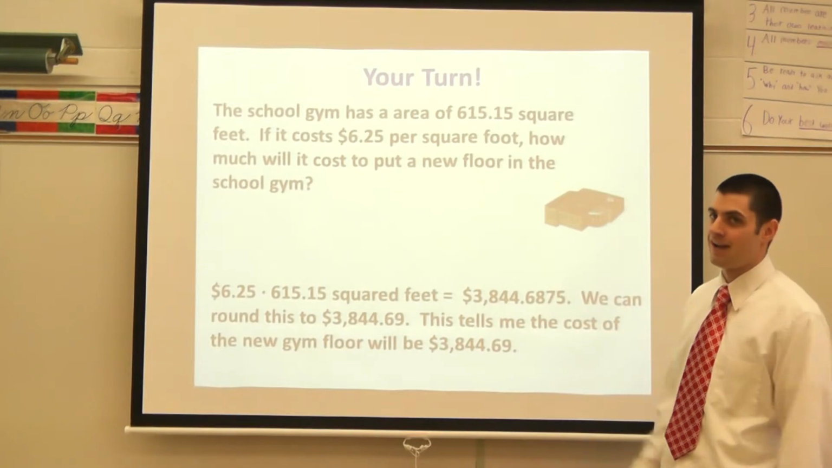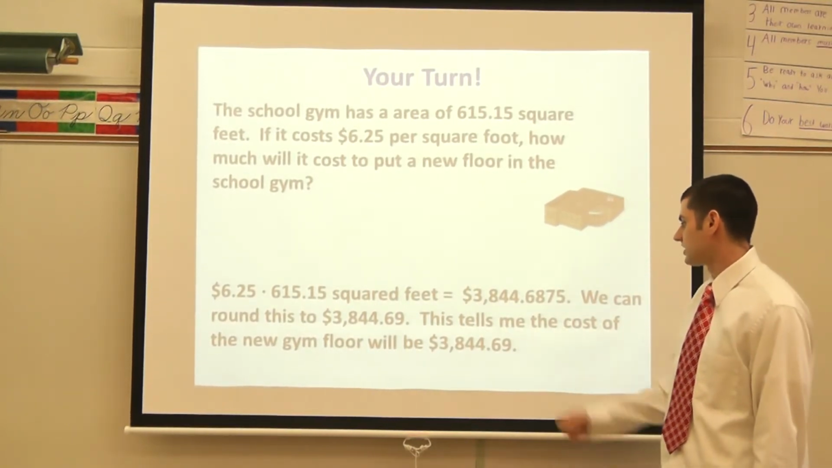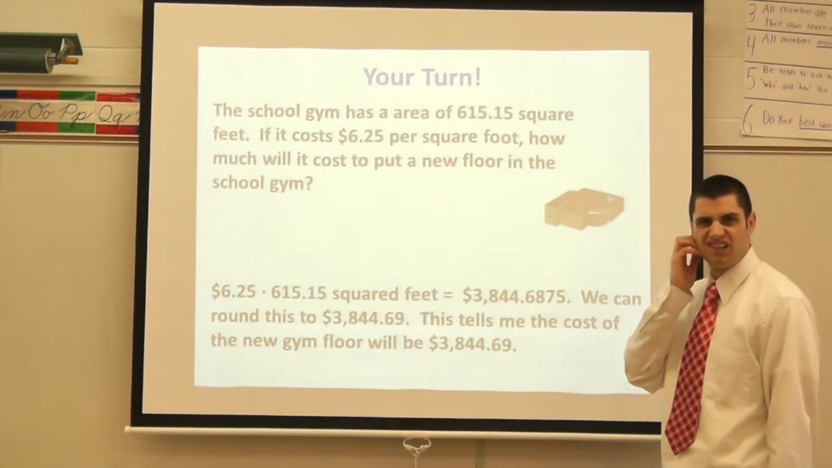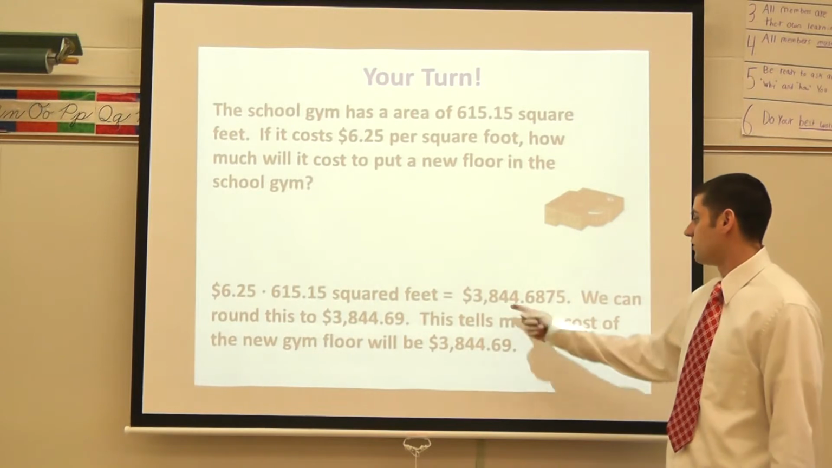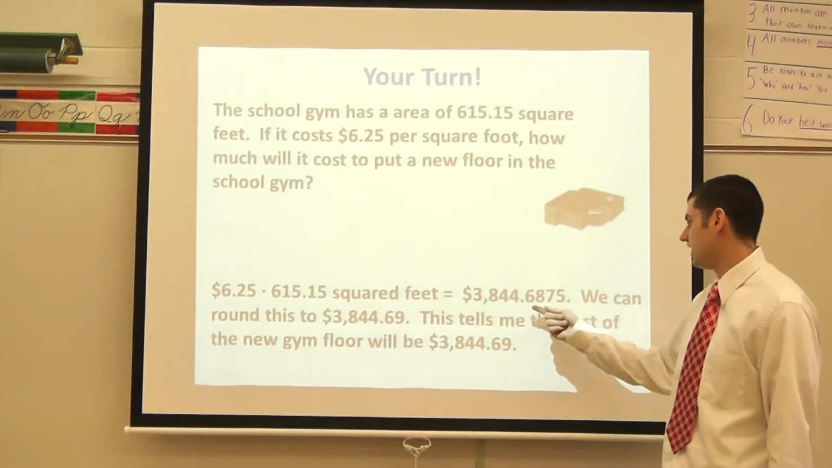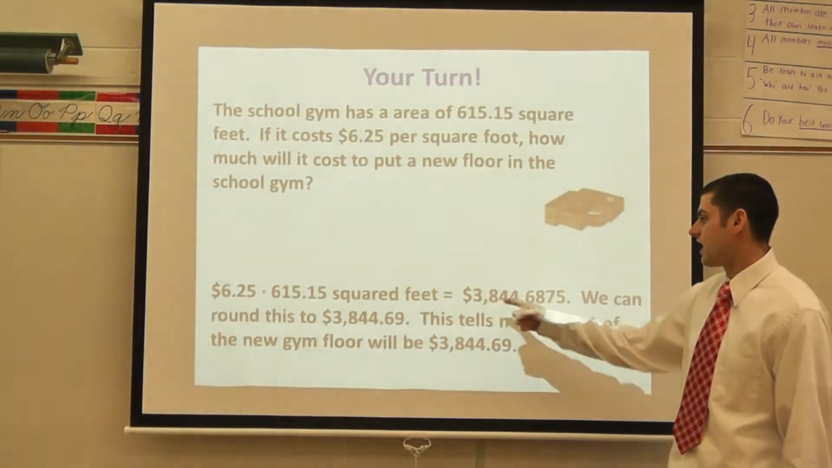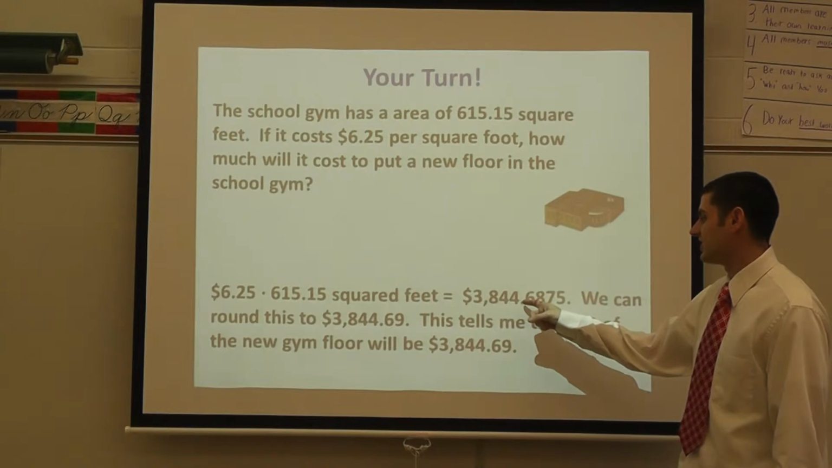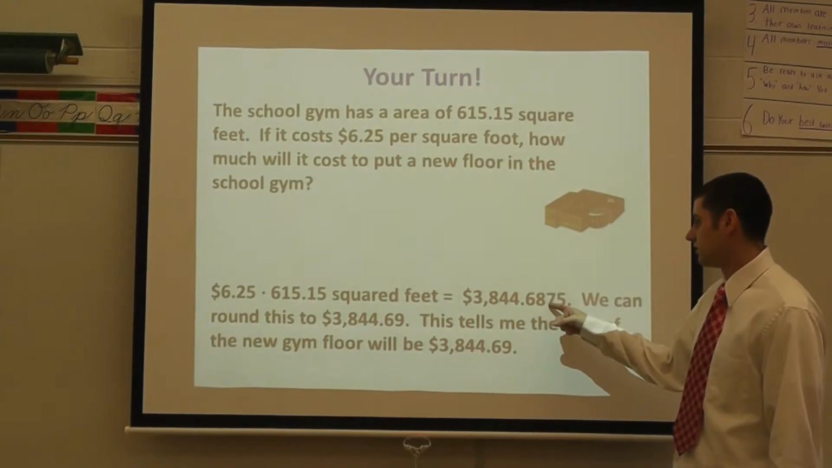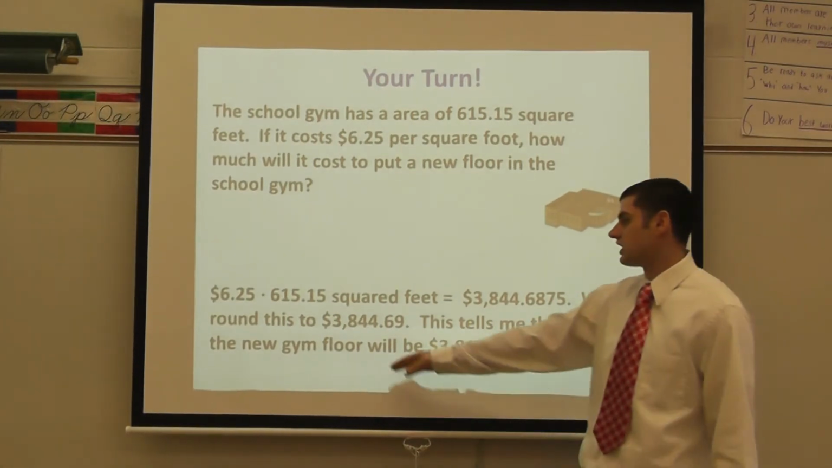So again, I type it into my handy dandy smartphone or calculator, I get 3,844.6875. What? I don't know if it's money, square feet. Well, I told you it was money there. But now I can also estimate this. We don't pay with thousandths of a penny. We work to the hundredth place. So if I was going to estimate my number, I have $3,844, and I'm looking at this one here. Oh, I can round this up to 69 cents. So again, we round it to